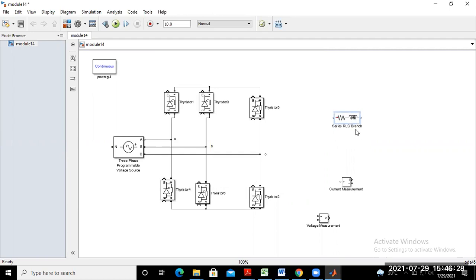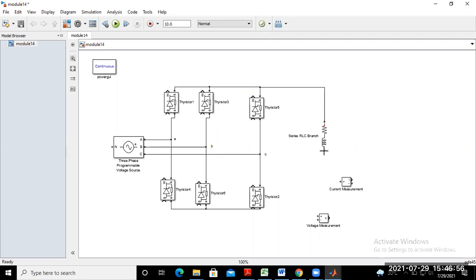C is removed. Okay. Now you just connect this RL load from the output of the controlled rectifier. Okay, so just rotate this one. Just connect this. You can connect from this one.